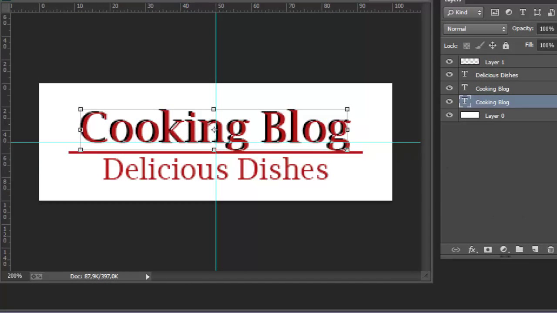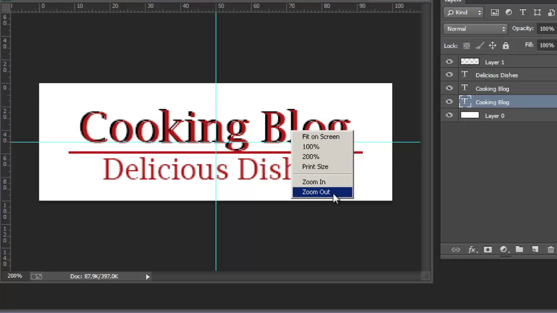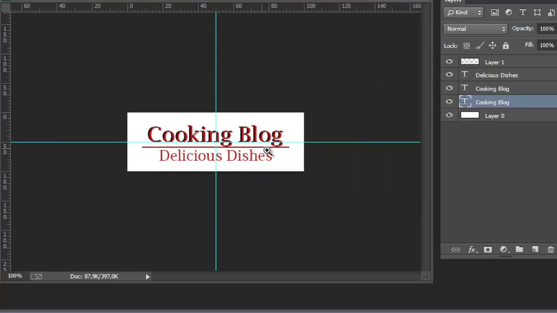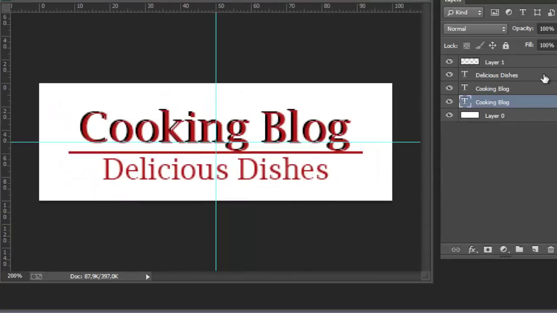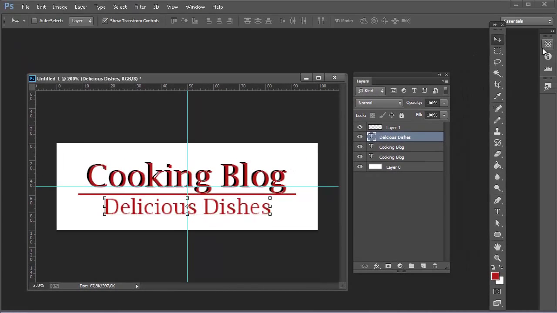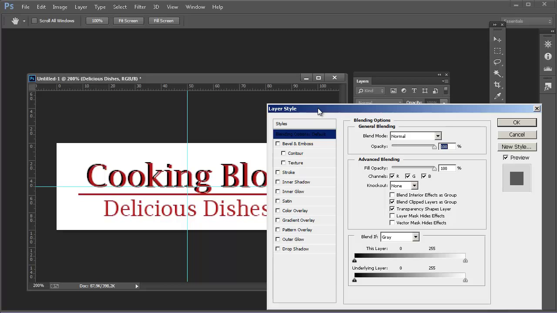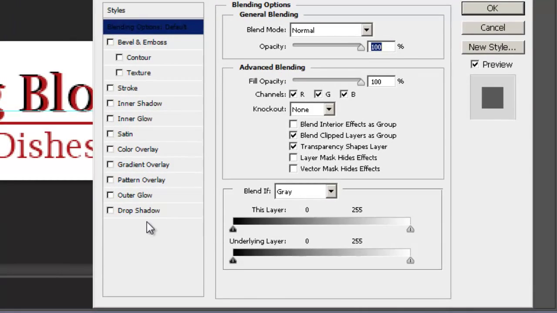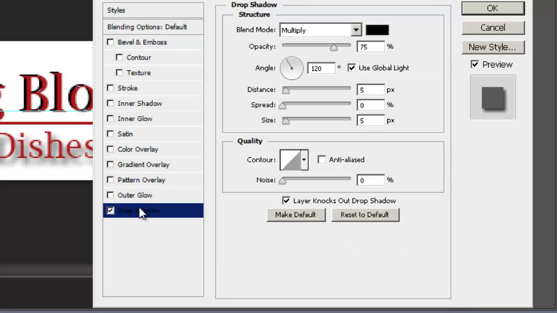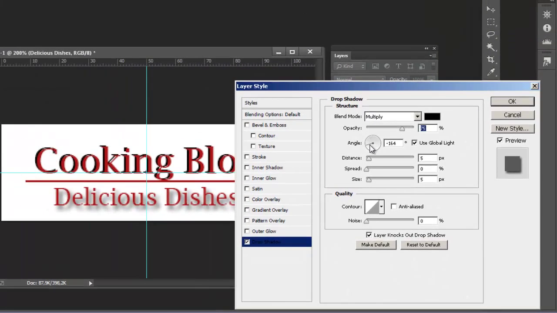This really depends sometimes on the font that you're using. Some fonts actually look better than this one when it comes to the shadow. You can also do the same thing for the one that appears below. Actually, I'm going to just push this a bit more below, as you can see, and you can just click on it twice, and you can see over here you have some effects that you can add to your font. So for you to actually add a shadow, you just need to press on drop shadow, and you can see that a shadow immediately just drops